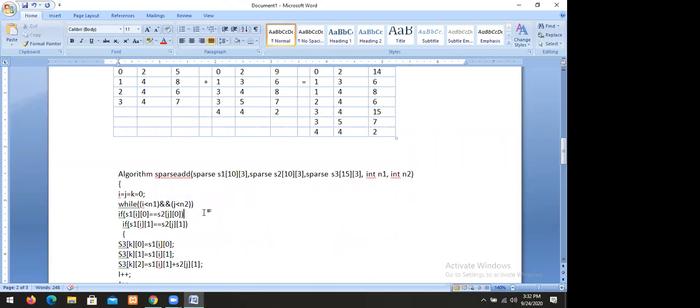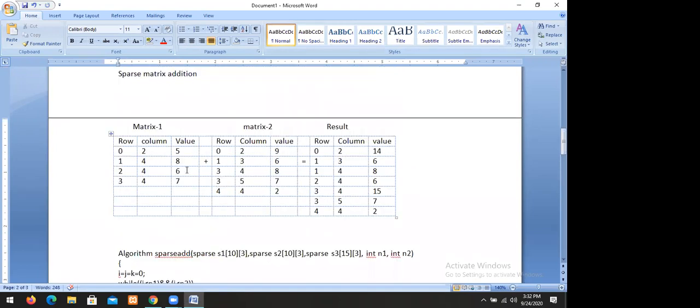So what is the algorithm? Let us assume that the sparse matrix is representing a two-dimensional matrix. There are many rows, however each row has 3 columns. The first column is the row number, the second column is the column number, the third column is the value. When row and column numbers are equal, then we can add the non-zero terms. When they are not equal, then move the lowest row number values or the lowest column values to the result. So this is an example.